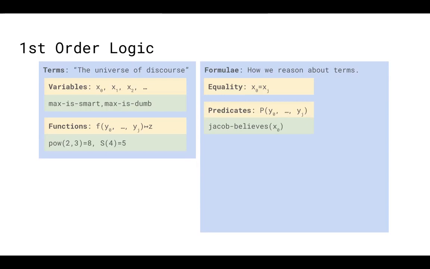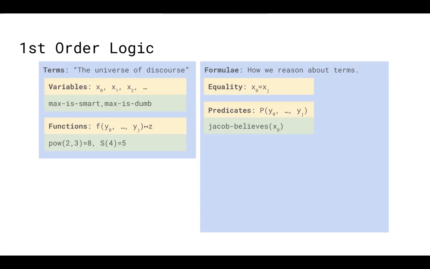So predicates assign truth to a statement over some specific variables. So an example would be Jacob believes, and then you could give different beliefs like Max is smart or Max is dumb, and the Jacob believes predicate might hold on some of them